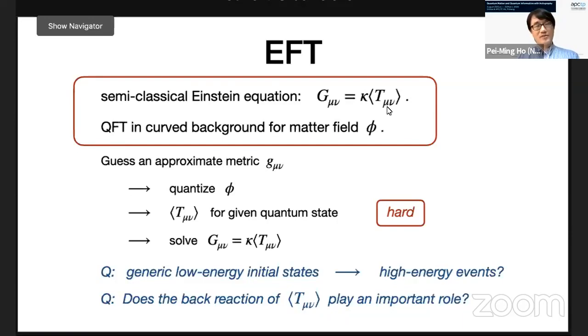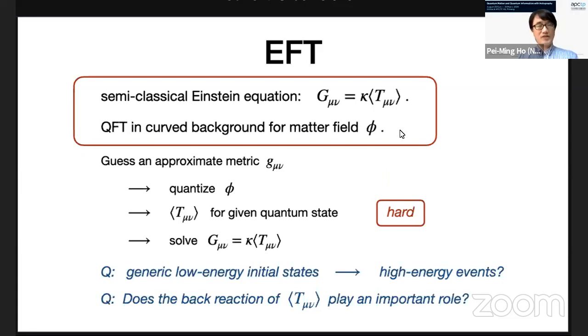On the other hand, the right-hand side depends on the background geometry. So in principle, you should solve two equations at the same time. One tells you how gravity is determined by the energy momentum tensor, the other tells you how the energy momentum tensor for the vacuum is determined by the metric. Now, this is too hard to solve simultaneously.